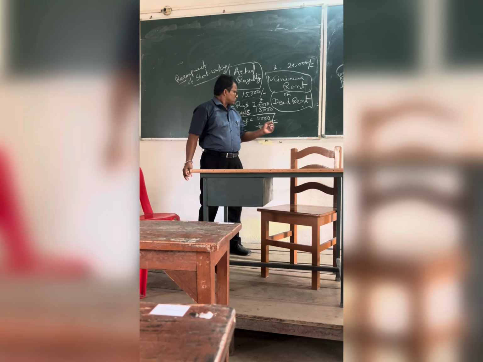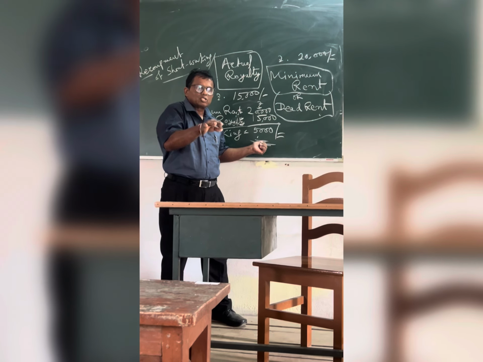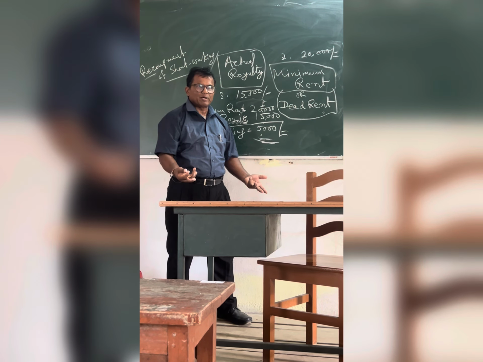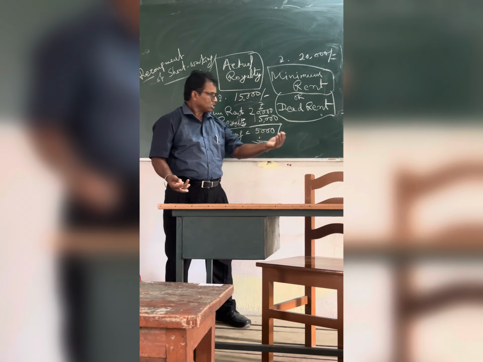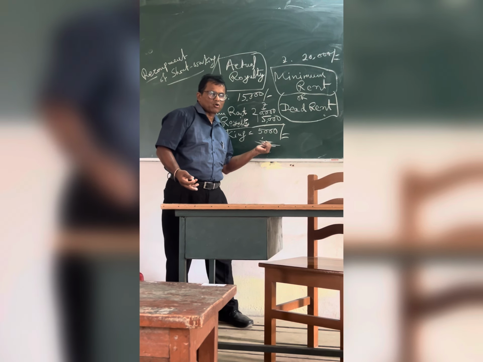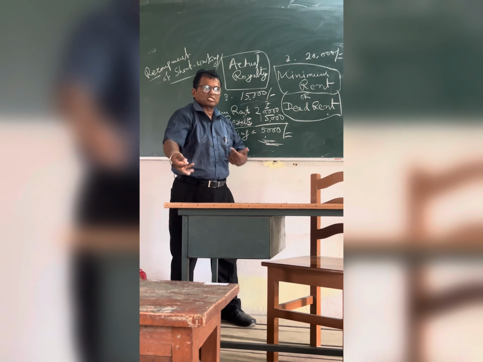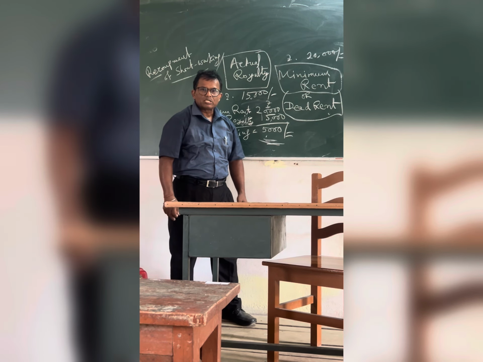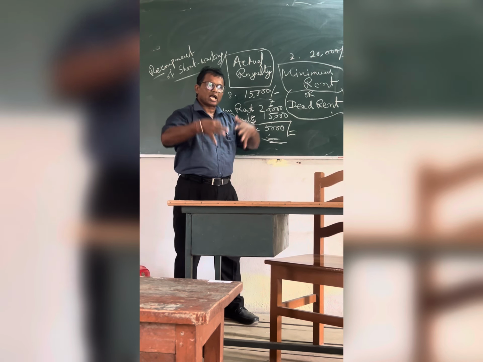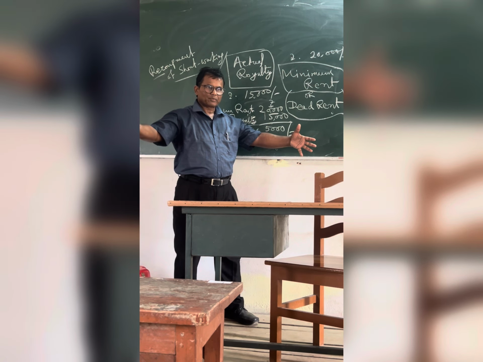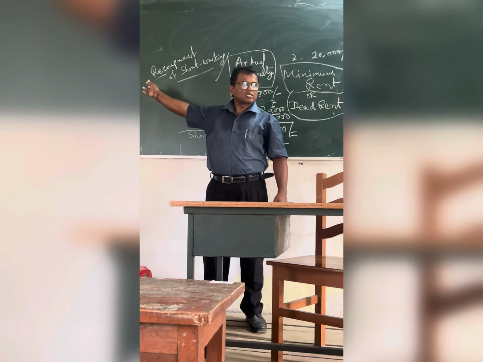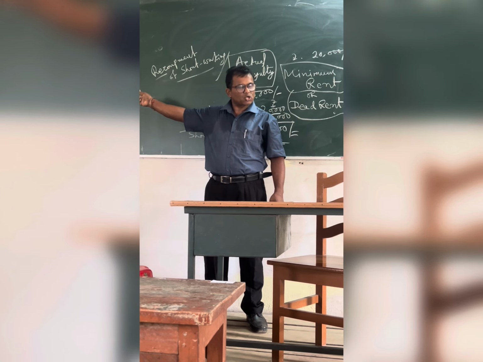So this 5,000 you paid as short working. Now next year suppose it is 21,000, you adjust 1,000, because 20,000 you have to pay as minimum. And again 4,000 remains. Then next year suppose 22,000, you adjust 2,000, and 2,000 remains. That way you can adjust in future years. When there is excess royalty, adjust it. This is known as recoupment of short working.